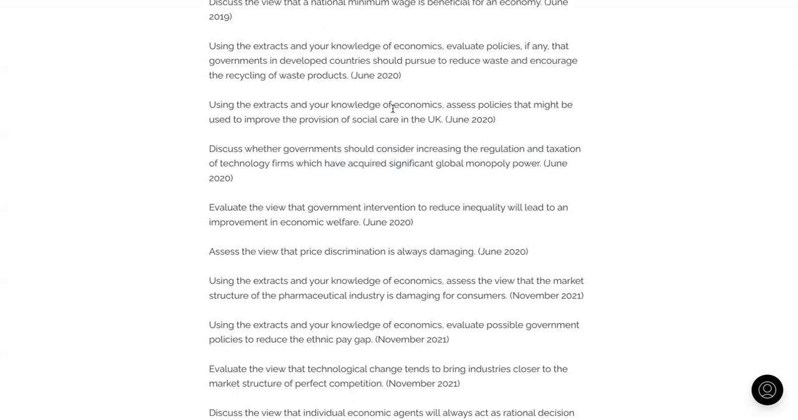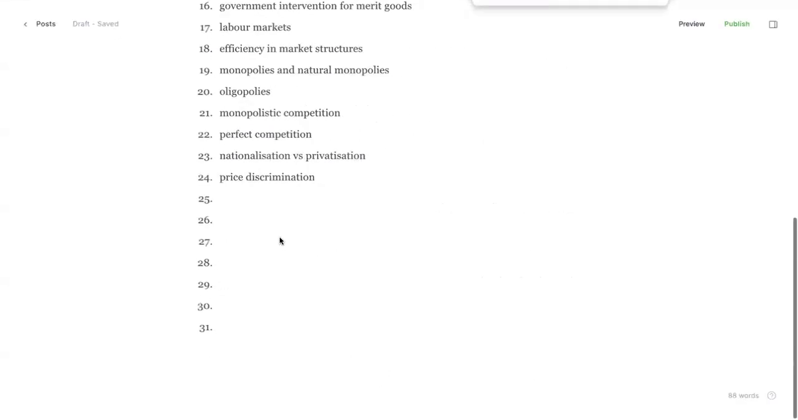So the idea is they will always ask about a market structure such as monopoly power or oligopolies or competition. And they'll want us to be able to evaluate whether that market structure is for the good or for the bad, okay? So